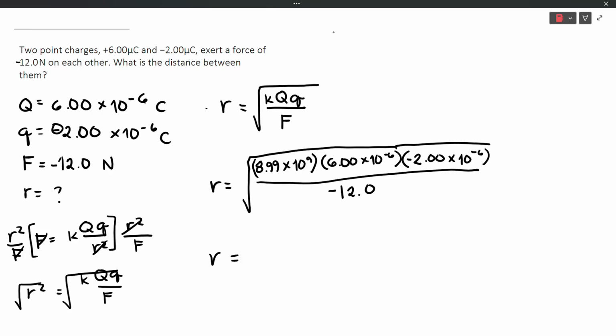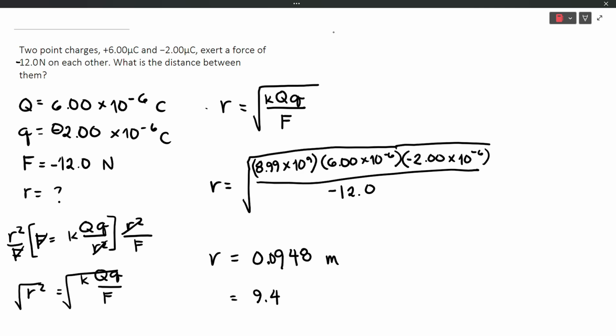Square root of 8.99 times 10 raised to 9 times 6 times 10 raised to negative 6 times negative 2 times 10 raised to negative 6, and then we divide that by negative 12, and the answer is okay, 0.948. It's 0.0948 meters,